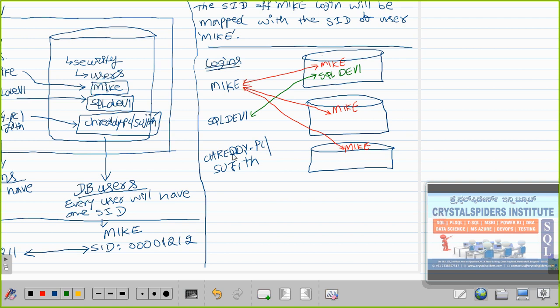Now this is a Windows authentication user, and I am going to grant access on this database, and he will get access. He will get the same username as the login name. We will see one user here, Sujit. Now I am going to grant access to this Sujit on this database also, and we will see the same.